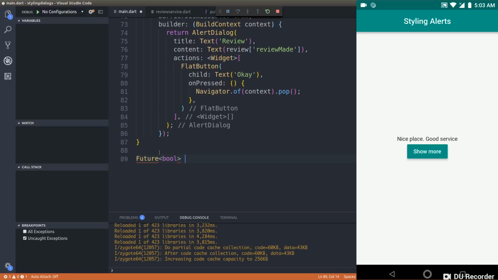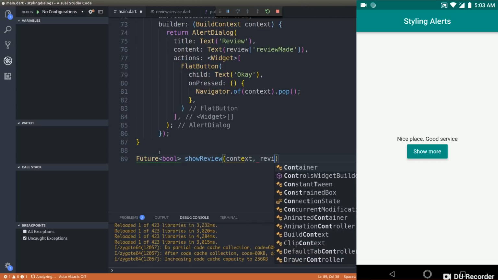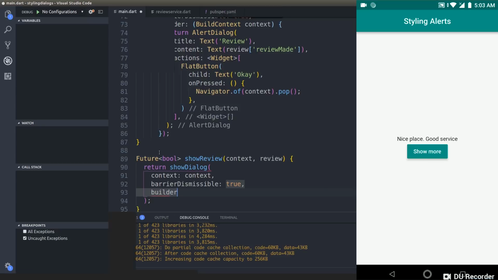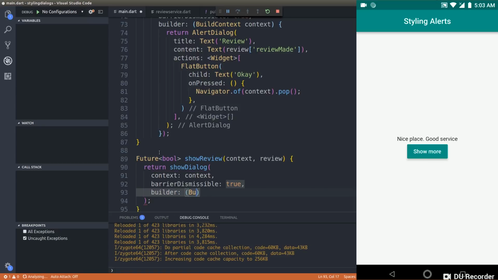Okay, show review, and that will take context and review once again, and this will return a show dialog once again, and inside this, as usual, you will have a context, and barrier dismissible once again, true, and builder function. This will accept a build context method, context, and